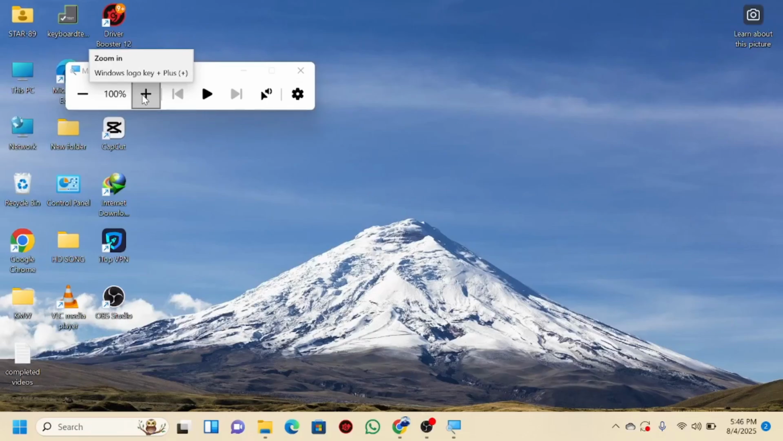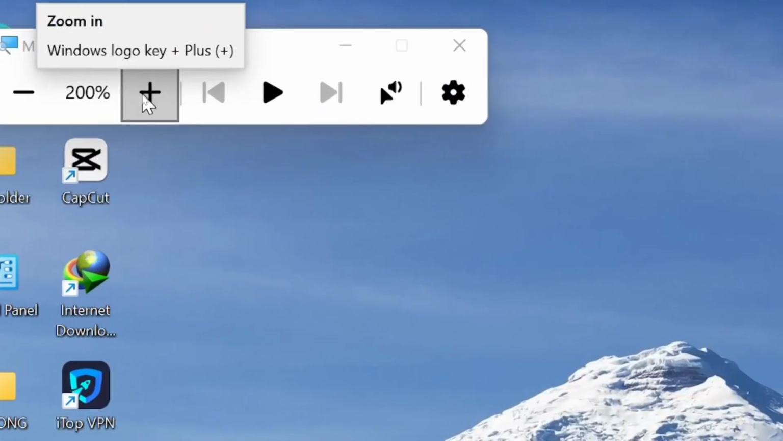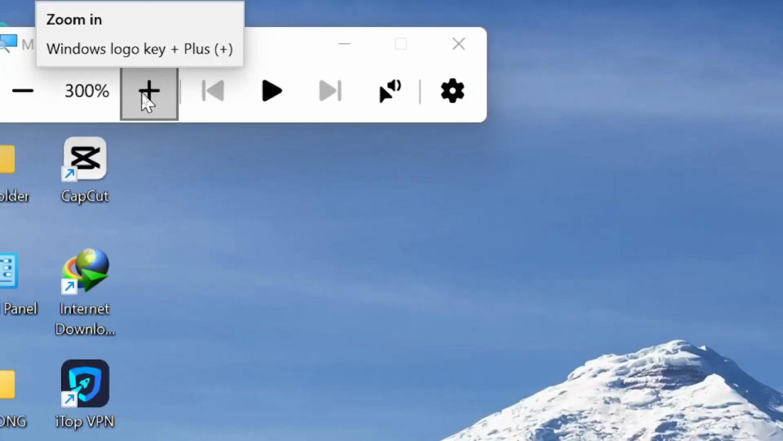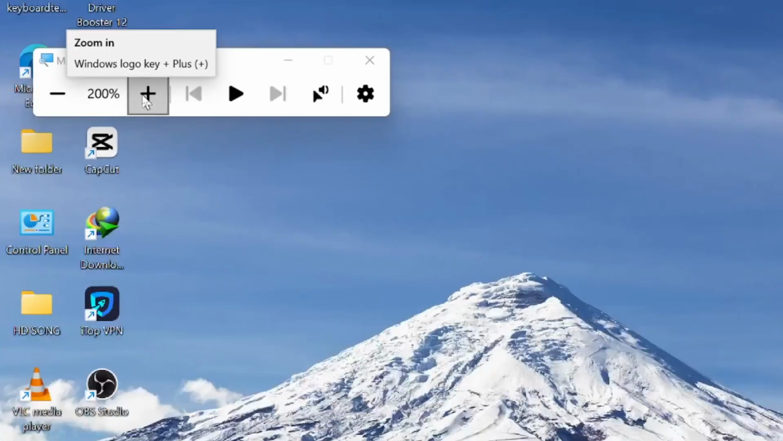As you can see now, if you want to zoom in, we have to press the Windows key plus plus, and if you want to zoom out, you have to press the Windows key plus minus. So in this way you can fix the zoom in, zoom out,